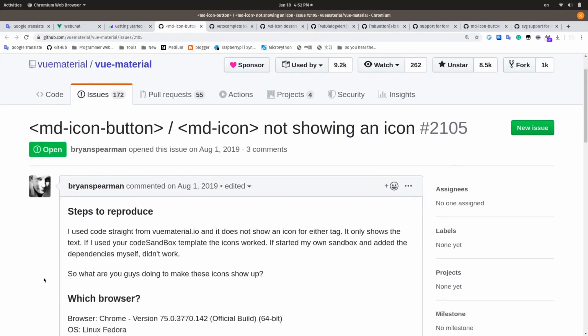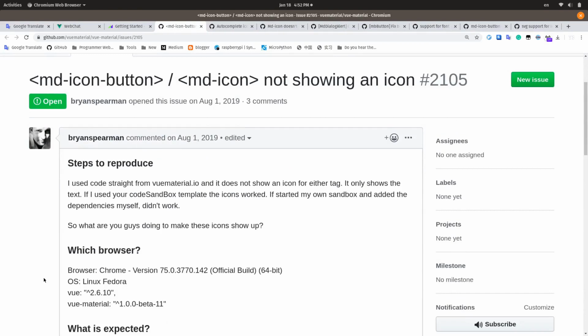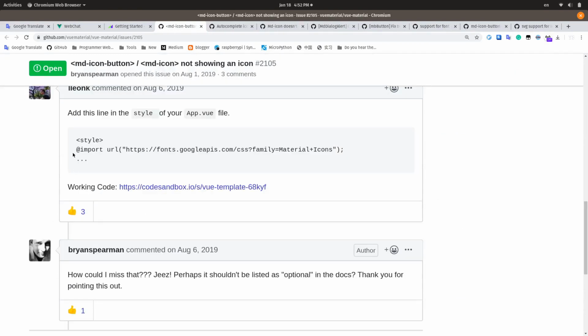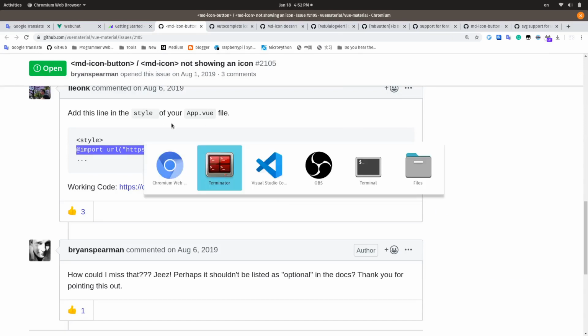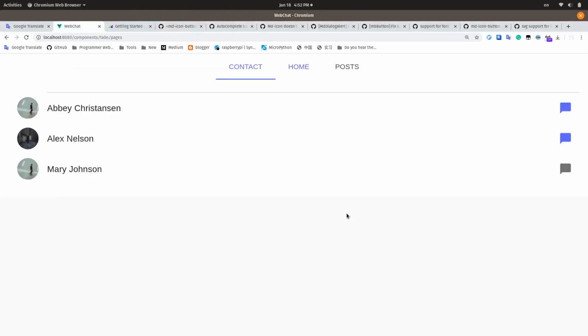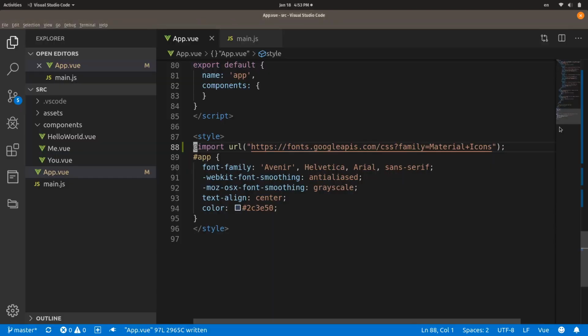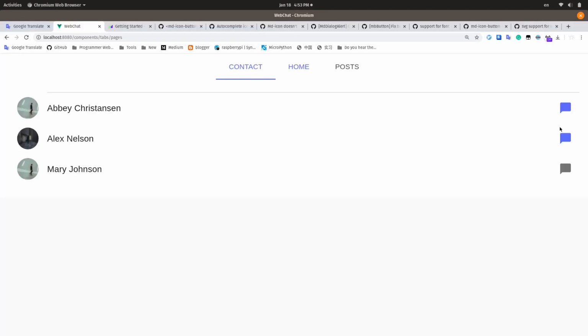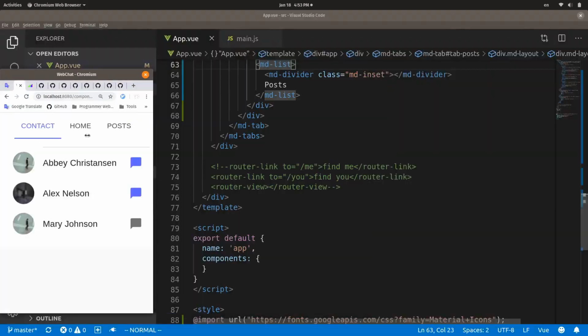Okay, now we're gonna check those issues and I hope we can find the solution for that. They said we will just need to import that scene in the style section in our App.vue file. Okay, let's try it out. I'm done. So it seems like it just worked in this case, but there's a problem. If we are in China, we probably cannot visit the Google APIs.com. But it's okay. This chat application was not made for the Chinese. I made it for the whole world. And now we can see the result. It just works. The responsiveness